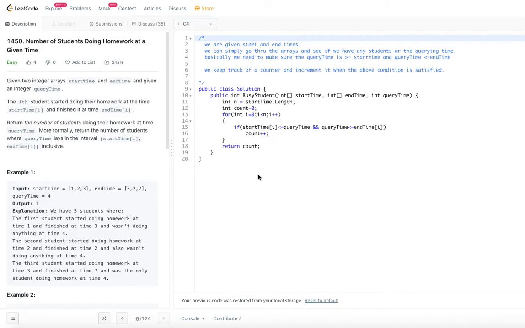Let's jump into today's problem. Number of students doing homework at a given time. Given two integer arrays, start time and end time, and given an integer query time. The ith student started doing their work at time start time I and finished at time end time I. Return the number of students doing their homework at time query time. More formally, return the number of students where query time lies in the interval start time of I and end